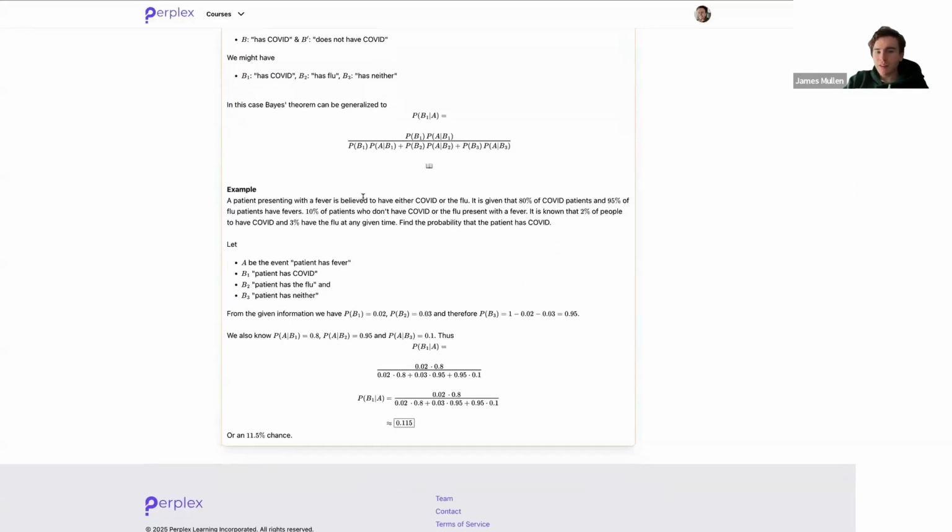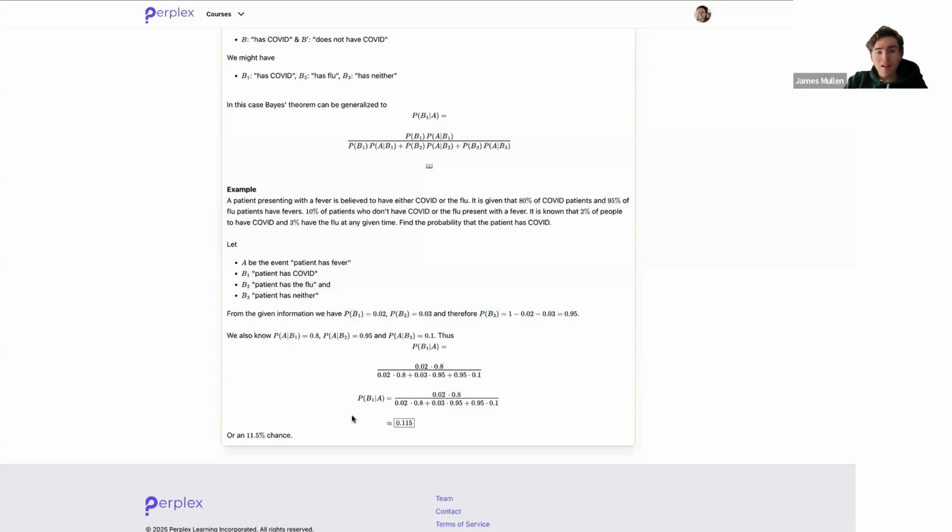So a patient is presenting with a fever, and it's believed that they either have COVID or the flu. And it's given that at the moment, 80% of COVID patients and 95% of flu patients have fevers. And 10% of patients who don't have COVID or the flu have a fever. And we also know that at this moment, 2% of people have COVID and 3% have the flu. And we want to find the probability that the patient has COVID. So we let A be the event that the patient has a fever, B1 be COVID, B2 be the flu, and B3 be neither. And we know that the probability of having COVID is 0.02, probability of having the flu is 0.03, and therefore the probability of having neither is